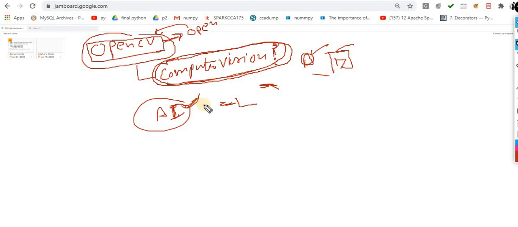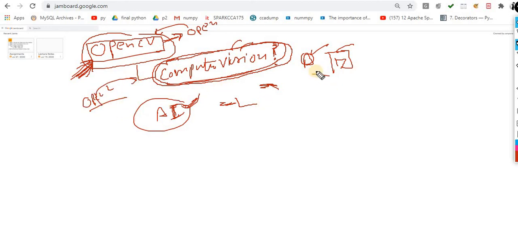Later I will come back to the advantages and the areas where you can take the help of OpenCV. Now come back to OpenCV. OpenCV is an open source library for computer vision.